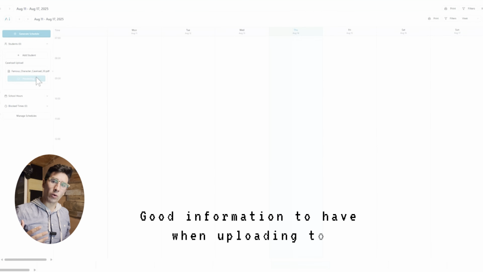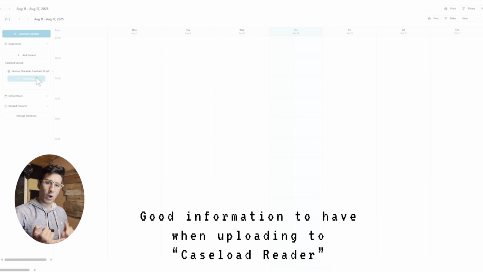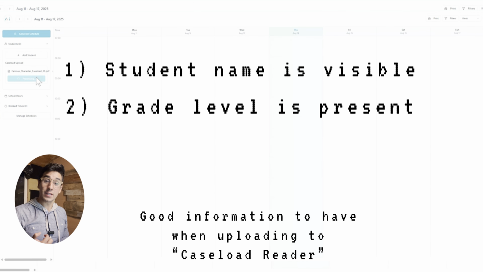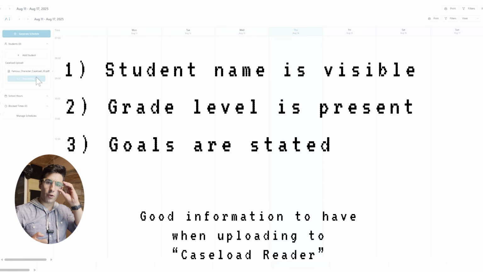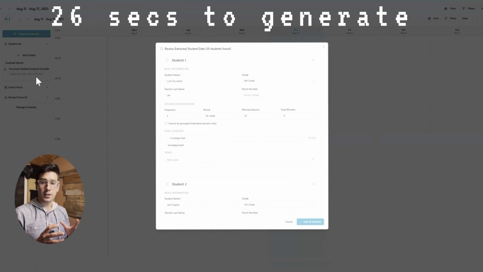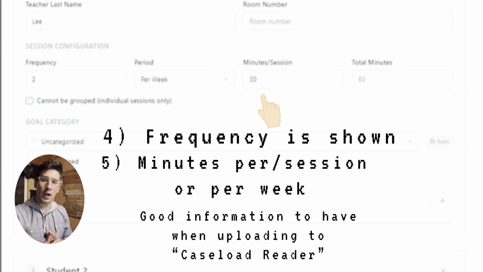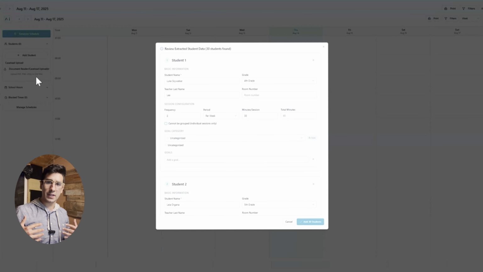Now, here's what's important to upload with this caseload. One, you want to make sure that the student's name is there. Two, you want to make sure that the grade level is stated on this document that you upload. Three, it would be really important that you had the type of goals that they had, whether it's a language specific goal or a speech specific goal, or whether it's both. It's important to have this on the document somewhere. It's also important, as you can see right here on the screen, the amount of times that they're seen per week and the amount of minutes that they're seen per week, right? Because these are all the different variables that we have to take into consideration when we are building out our